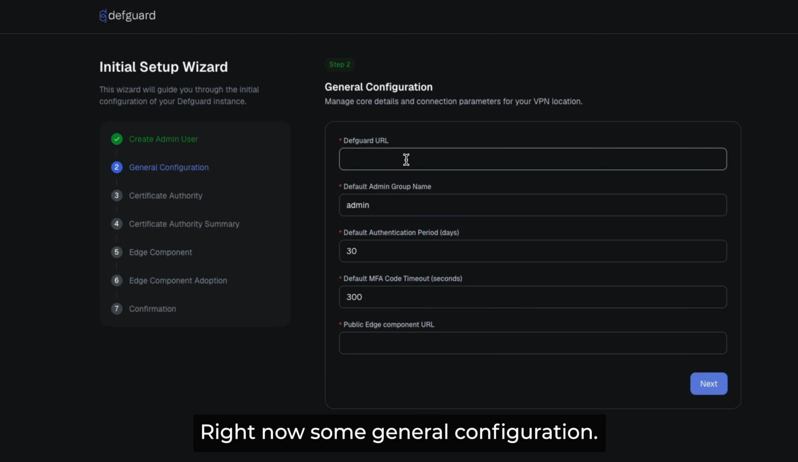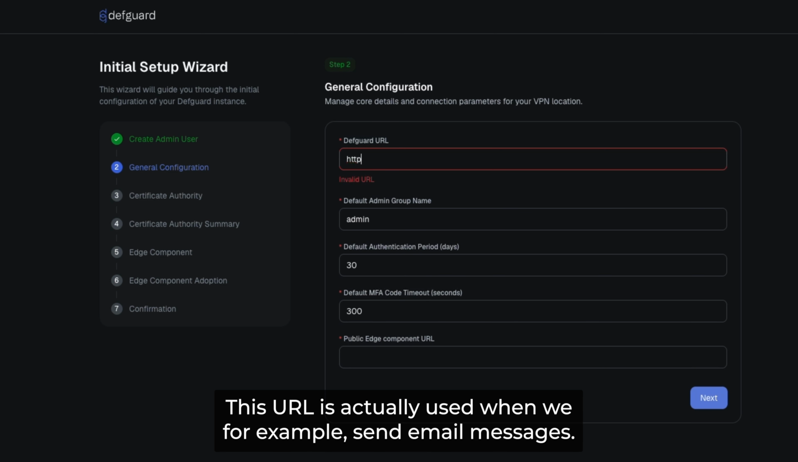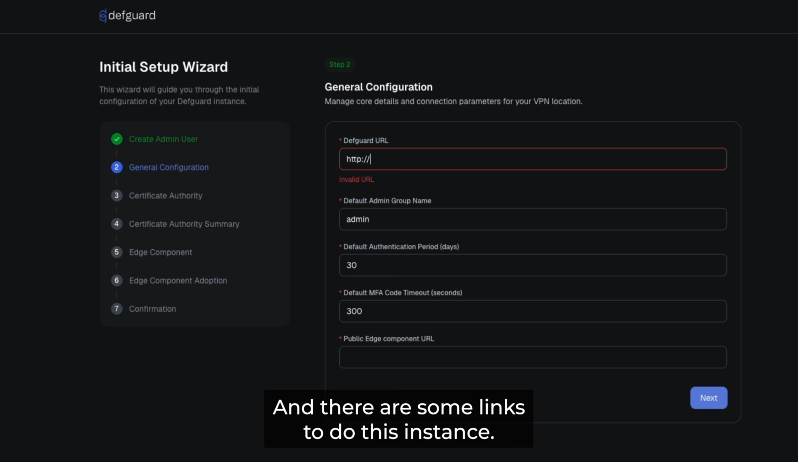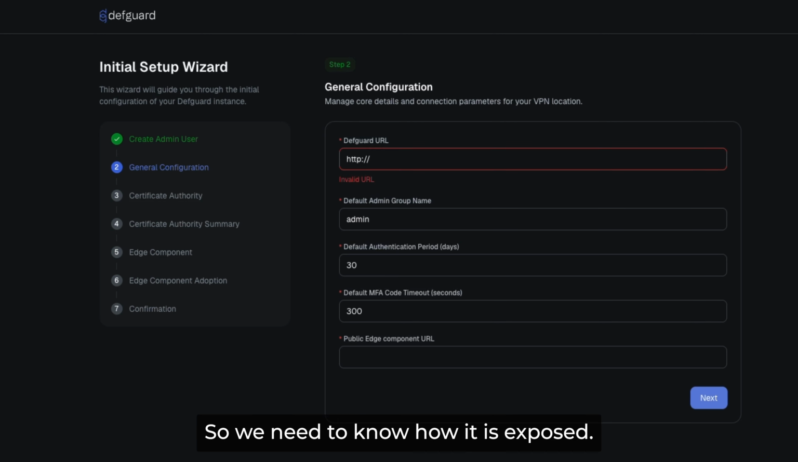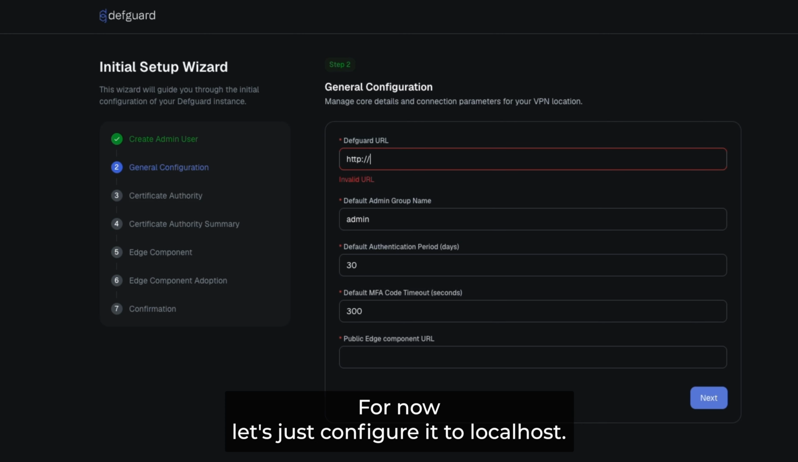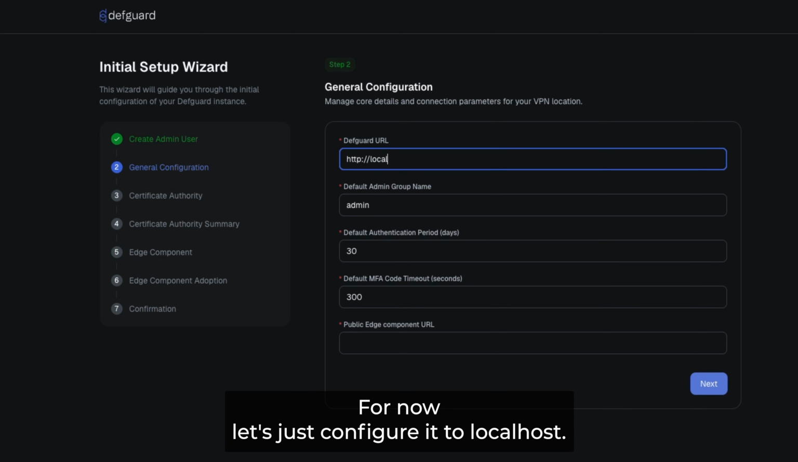Right now, some general configuration. You can provide a Defguard URL. This URL is actually used when we, for example, send email messages, and there are some links to this instance, so we need to know how it is exposed. And for now, let's just configure it to localhost